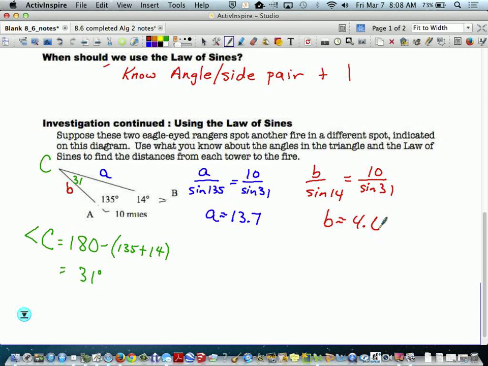4.69. So let's keep them the same, we'll just round them up. Now, when you get done, a quick check